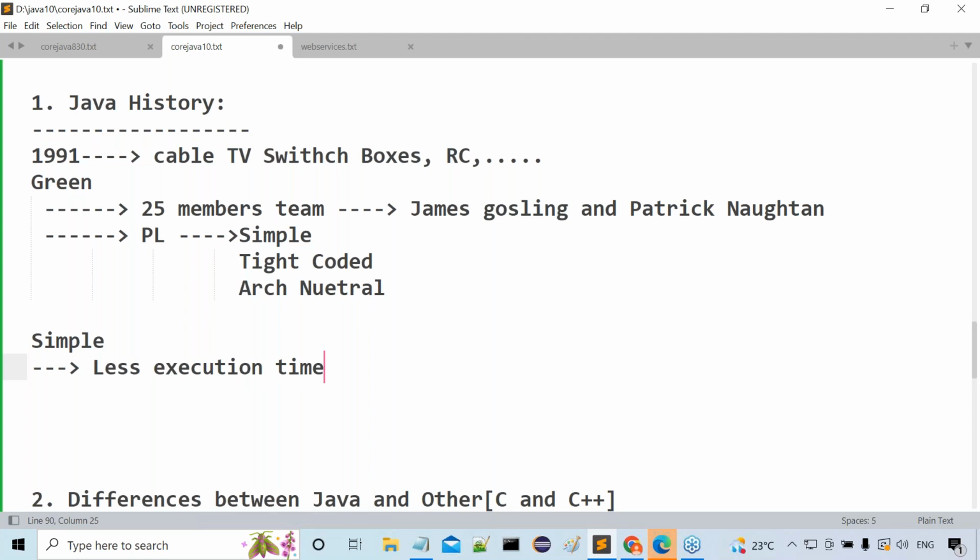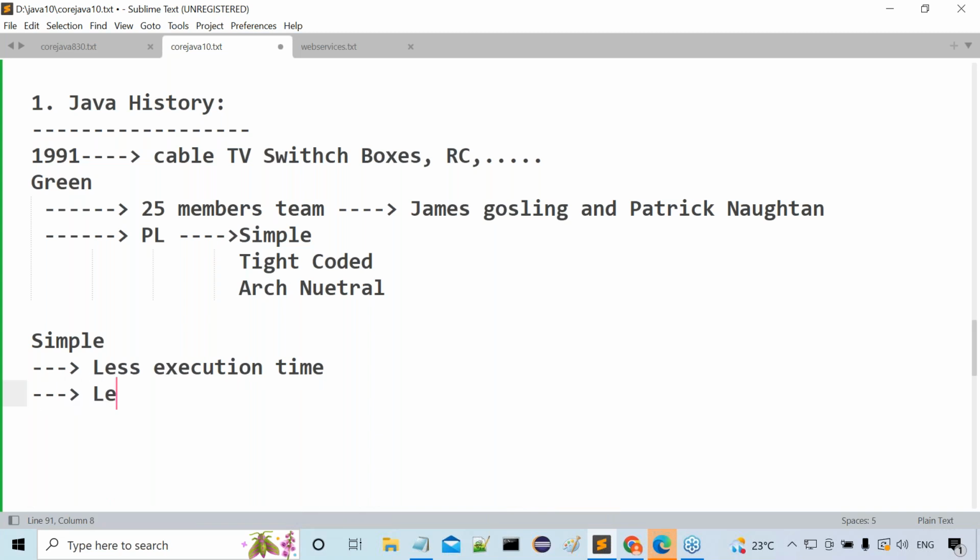That programming language has to take less execution time, then only it is simple. That programming language must take less memory. Next one is that programming language must take lesser power consumption. It is very funny to understand about power consumption with the programming language, but still I can give the same reason. Why? Because this information is not created by my own. This information was provided by Sun Microsystems clearly.